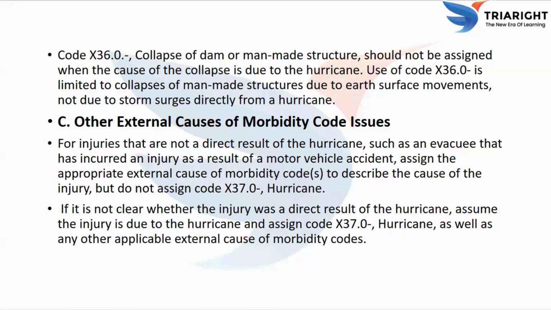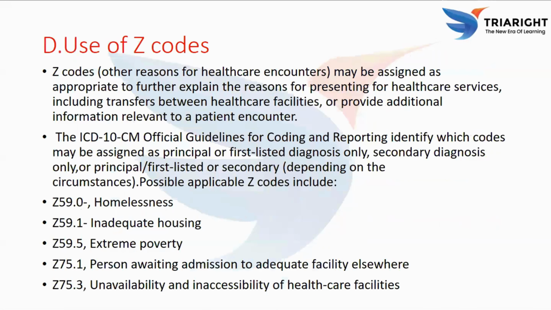So when it's unclear if the injury is from the hurricane, if documentation doesn't clearly state the cause, you have to assume the injury is due to the hurricane. In that case, you have to use X37.0 along with any other relevant external cause codes. So this is about the morbidity code issues and the external cause codes. So the next, coming to the last